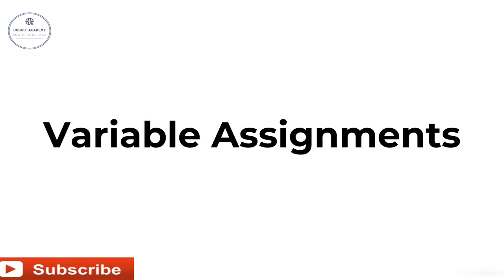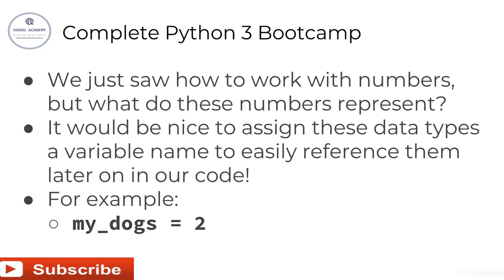Welcome back, everybody. In this lecture, we're going to be discussing variable assignments. Now, we just saw how to work with numbers, but what do these numbers actually represent? We had integers and floating point numbers, but we don't actually have a variable name assigned to them. So it'd be nice if we can assign these particular data types a variable name to easily reference them later on in our code. For example, I could say a variable name my_dogs is equal to